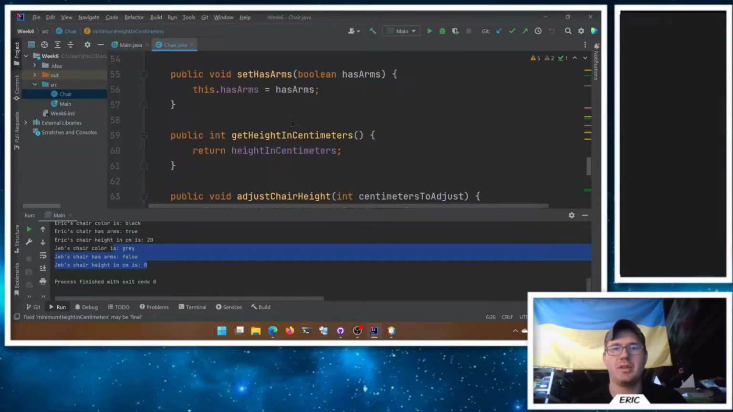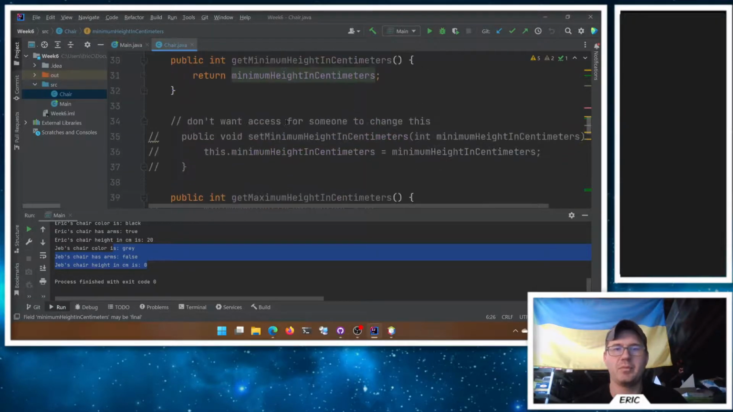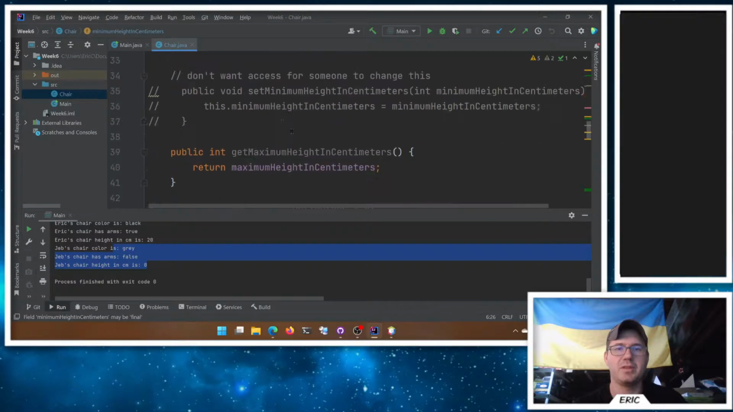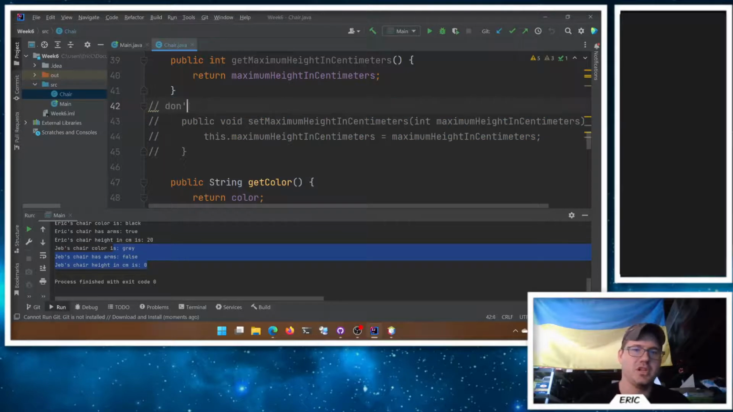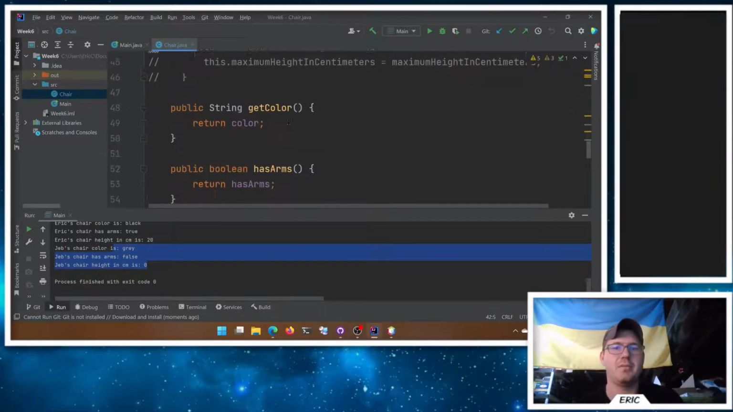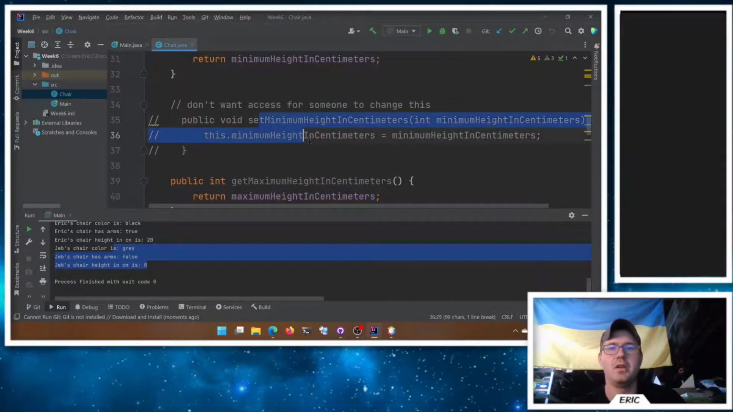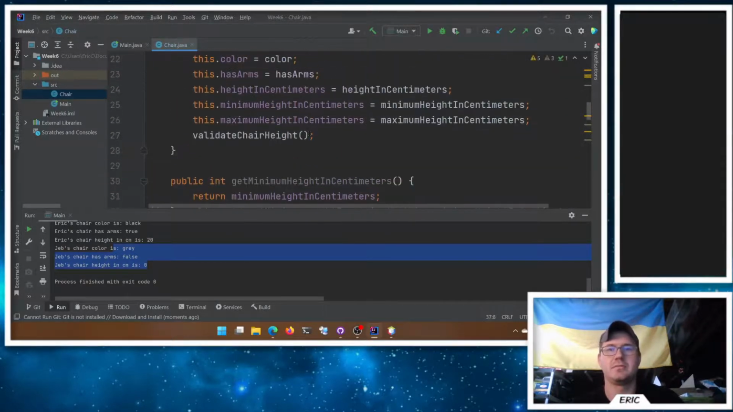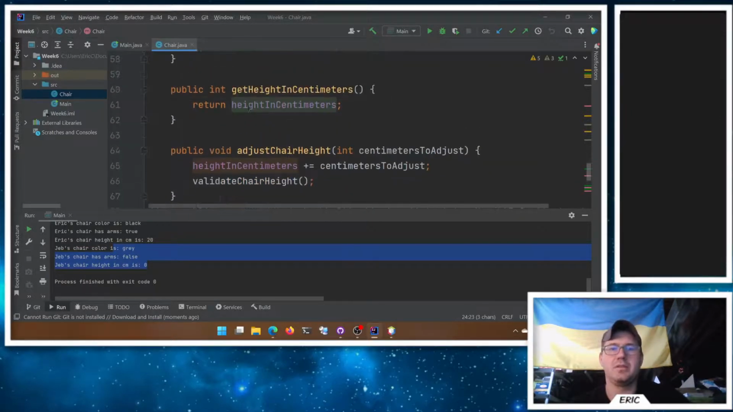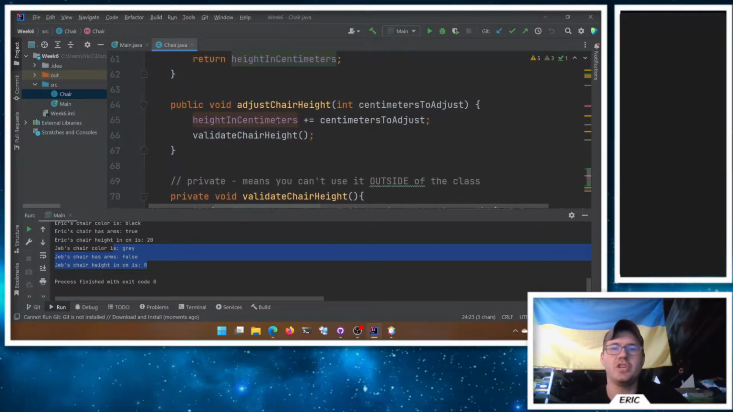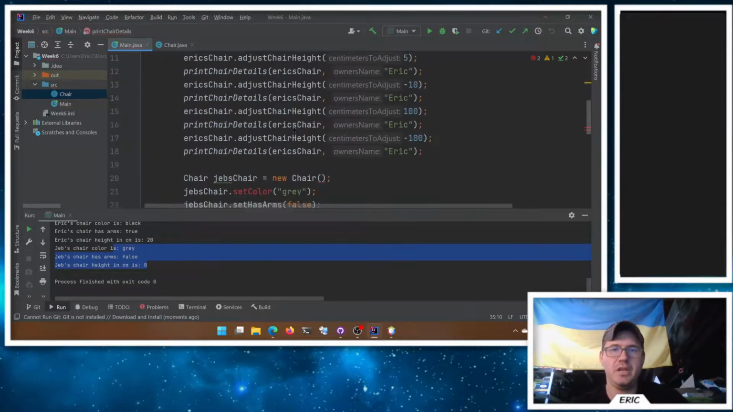So I'm going to comment out those other ones here. Probably commenting out was better than just deleting them outright, but that's okay. So there's get. Okay, here's the max. We'll comment that one out as well. So we don't want this to be changeable. Right, so once I know what the max is, once I know what the min is, we don't want it to change. Okay, there is no set for current height either, right? We got rid of the set here. The only way you can change it is by adjusting the chair height with that public method. So now I can't